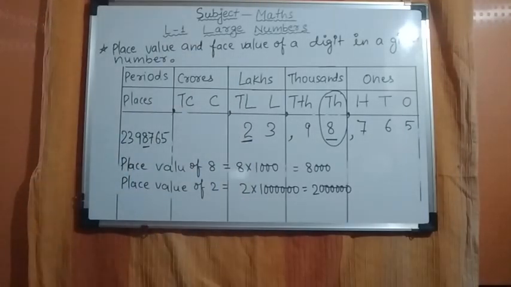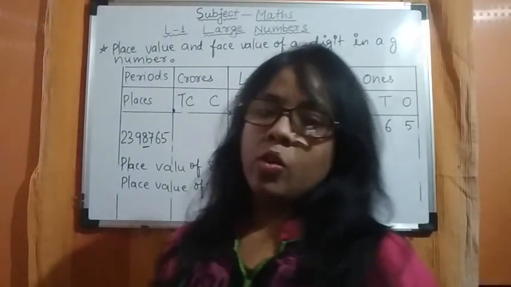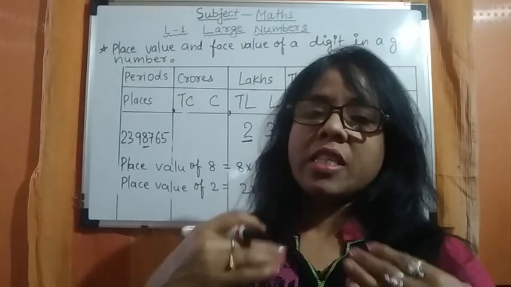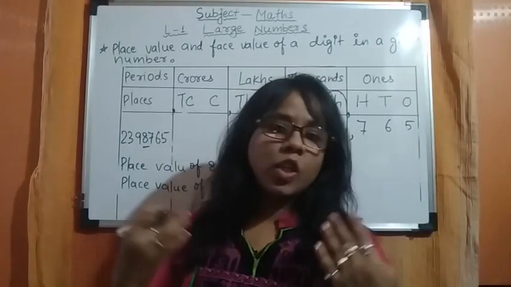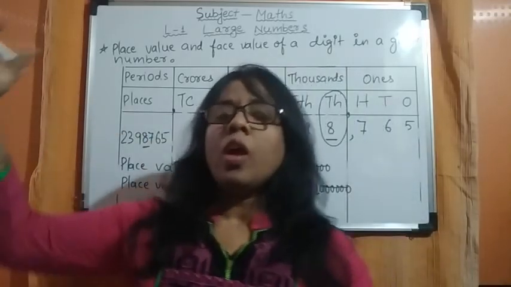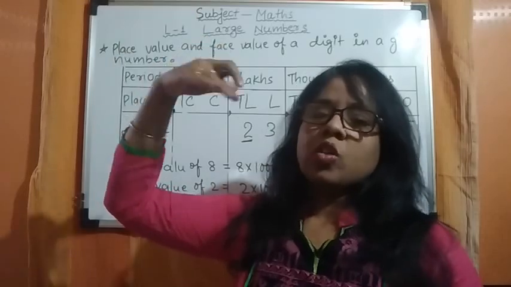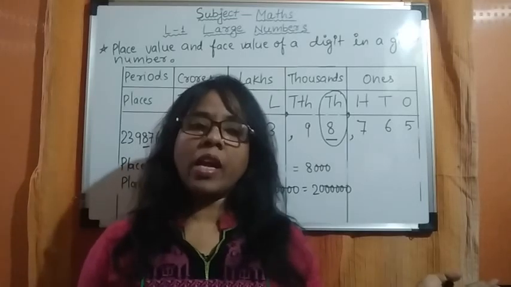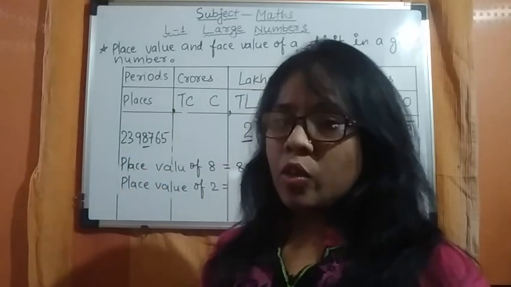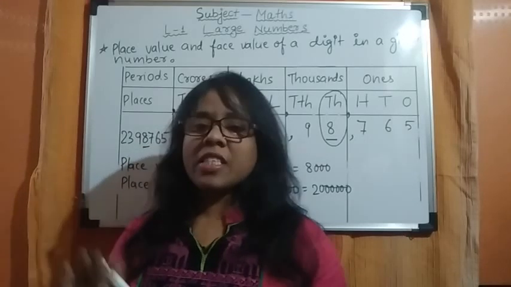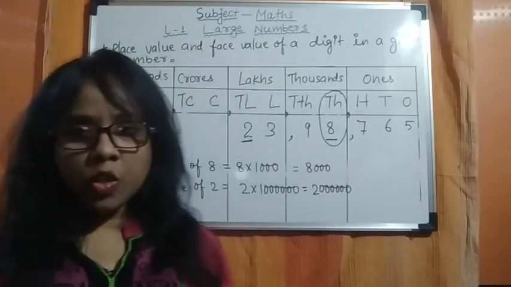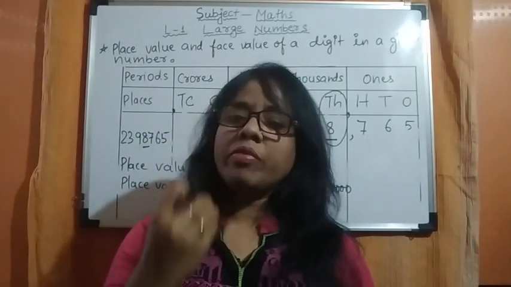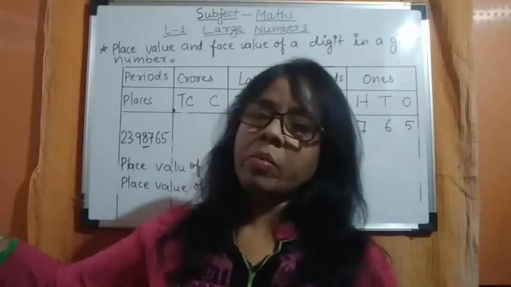Fine. Now we are coming to face value. Face value means the number itself. No change is there. Like your face never changes. You sit at an officer's grade, so your place value changes. You are an officer, a doctor, an engineer, an IAS, a cricketer, an artist. According to your place, your place value changes, but face value never changes. Your face will never change. It cannot be another's face.